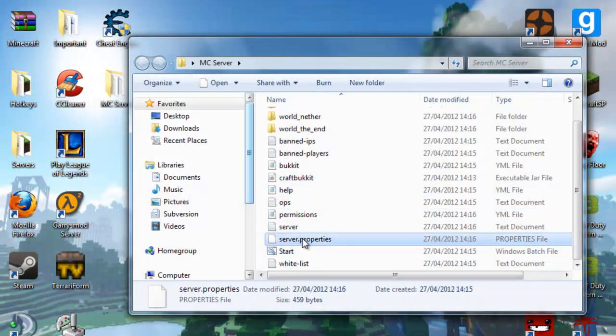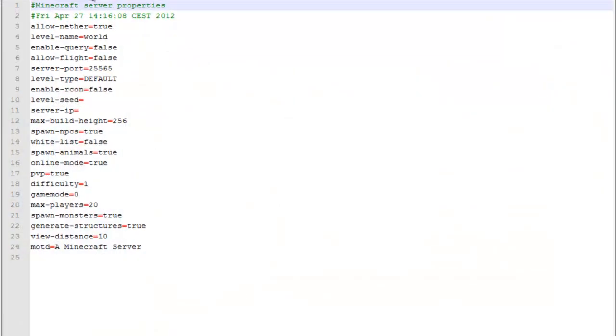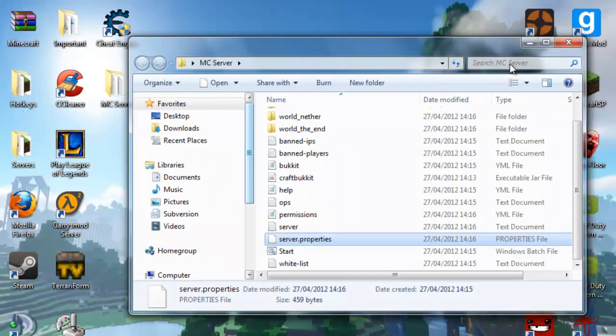So first off, you want to go to server.properties and edit it with whatever you got. Notepad, Notepad++, whatever you feel comfortable with. And I suggest, well, I should make this false because I don't have a legal copy of Minecraft. Message of the day will appear in the server list. You got your server, and then there's a description. This is the description, and you can just edit it as you like. So we save it,